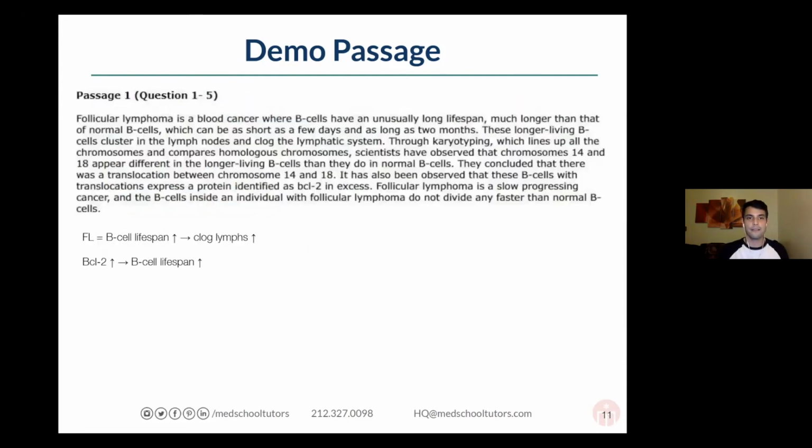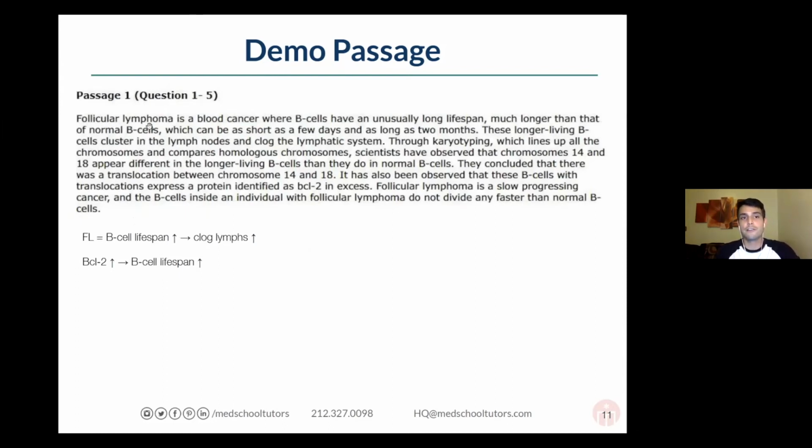And so in the next slide, I'm going to go back to the background paragraph where they talk about follicular lymphoma, right? And I've already made these flow charts that I referenced earlier. And so basically I simplified this entire paragraph just down to these two things, right? Let's look at the sentence first, and then we'll look at where this came from.